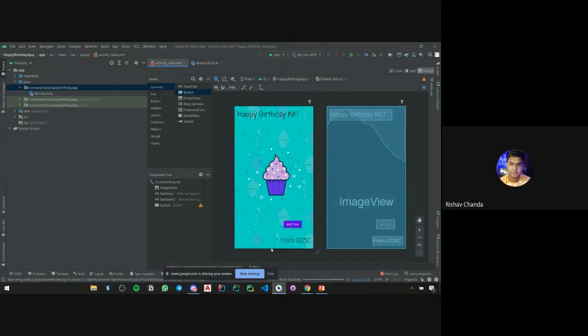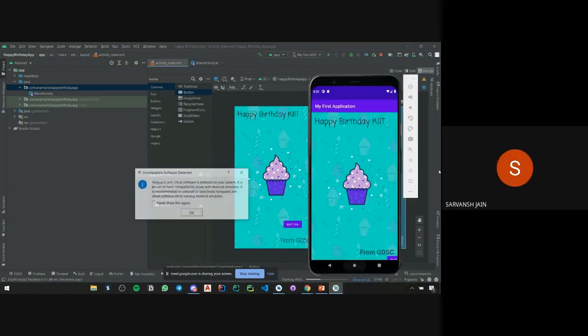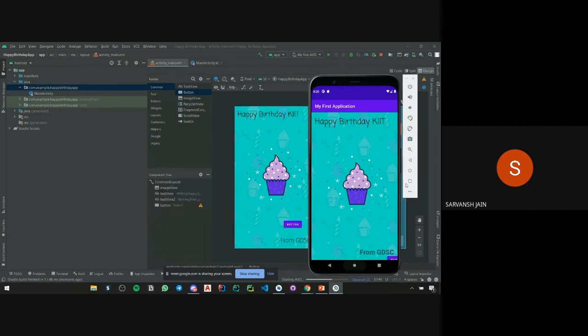It was the previous one. Okay, I got it. I thought it got loaded. Yeah, so we have a happy birthday KIT, then we have a background image, and we have a button, and then we have a second text.